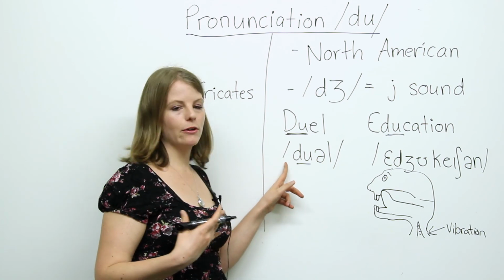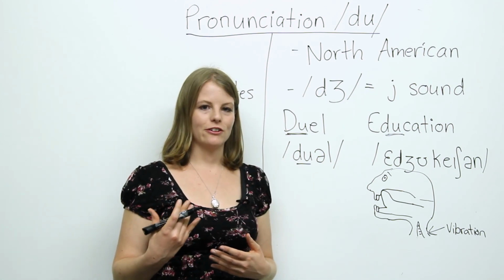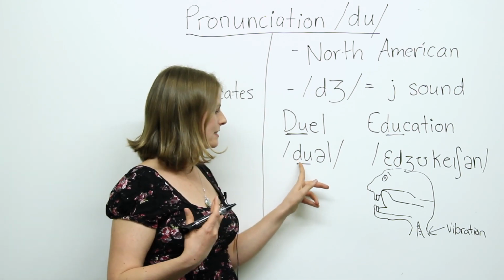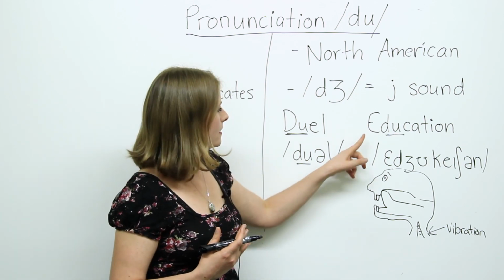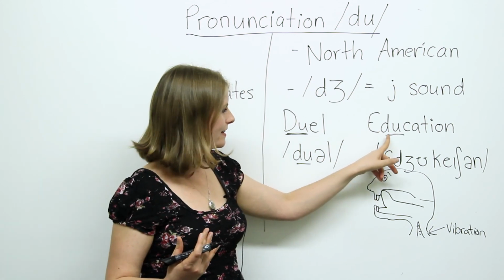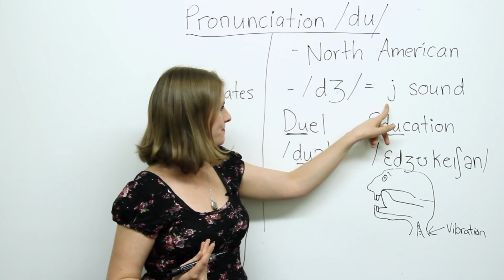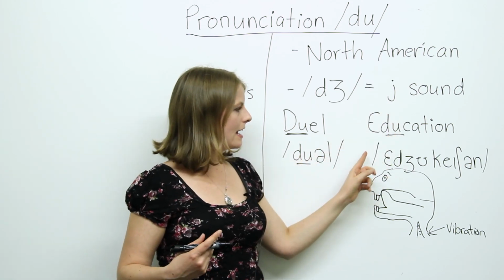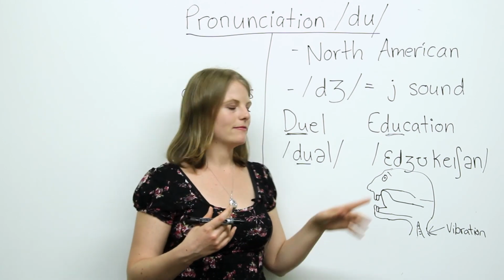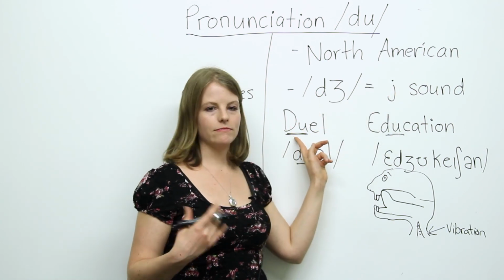Dual, this is how we would write it phonetically, for those of you who know the International Phonetic Alphabet. It would be spelt like this. So it's a really strong DU sound. Education is different. Education, the DU sounds like a J. Okay, education. So if you're ever curious as to whether or not a word is pronounced like a J, or like DU, D,